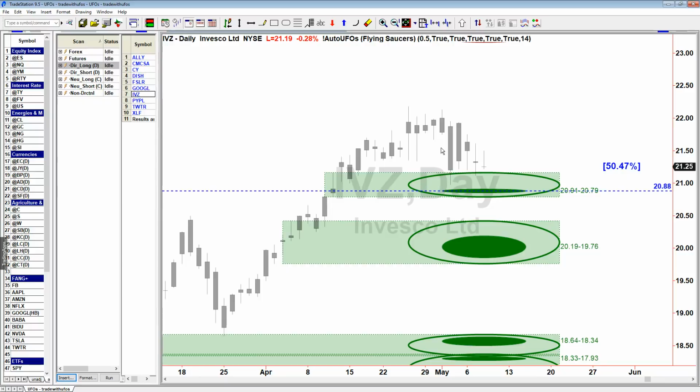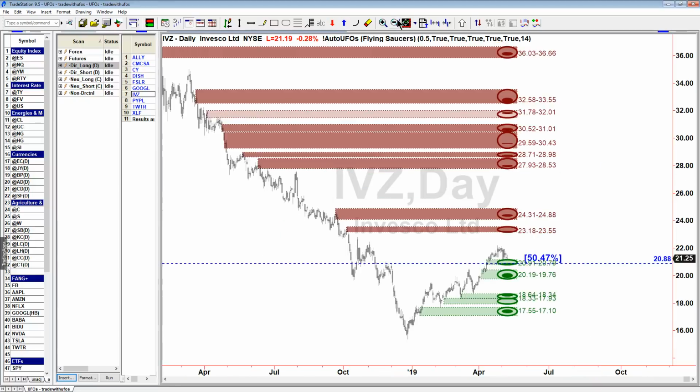And notice how in a prior case, IVZ tried, let me try to draw my arrow again. IVZ tried to get as low, but it was not able to get as low. Okay, it went close, but was not able to hit that blue line. Okay, so now since that particular UFO has been already, let's call it kissed, and then price moved. Notice how none of the UFOs are of dark color, but I'm not too concerned about it